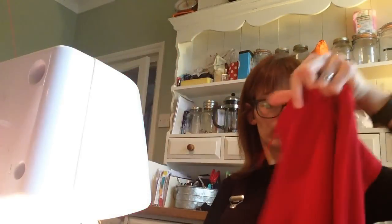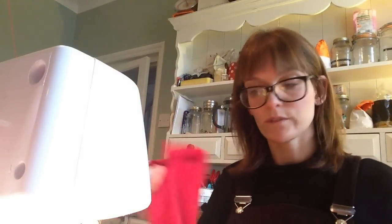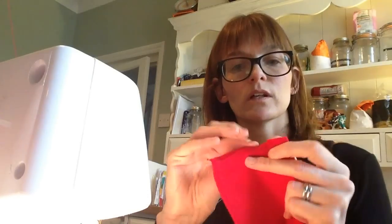Right, okay, so let's get this stitched. Okay, that's sleeve number 2, and as you can see now, we have a top. And what I'm going to do for this version, I forgot to mention at the start, is